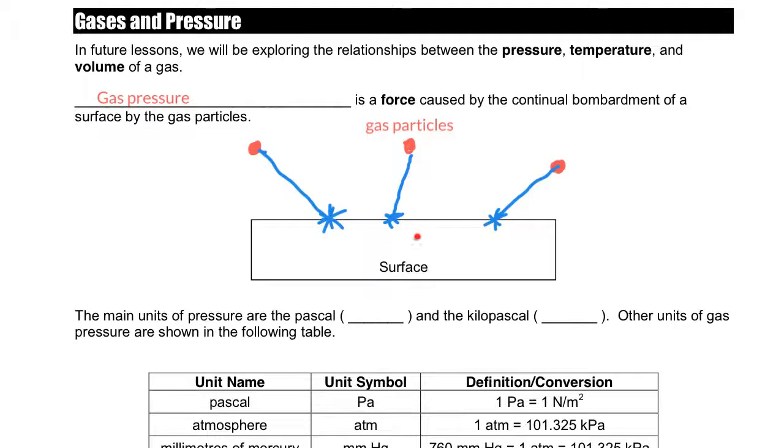So I talked about how pressure is just the sum of all of these forces, and there's a unit for that. The unit for pressure, the main one that we use, is called the Pascal. The Pascal is a unit of pressure, and its symbol is capital P, lowercase a. There's also a kilopascal, so it's a metric unit. Kilo means 1,000, so a kilopascal is 1,000 pascals, and its symbol is kPa. Now, these are the main units of pressure. In fact, these are the ones that most scientists use today. These are the standard units, but